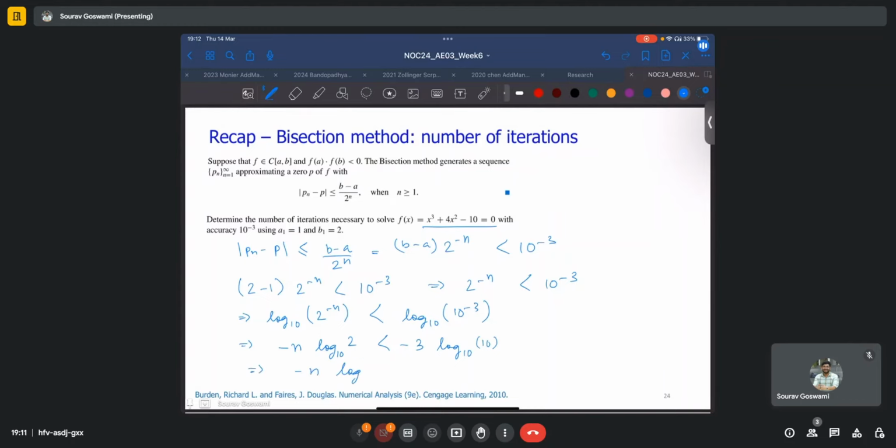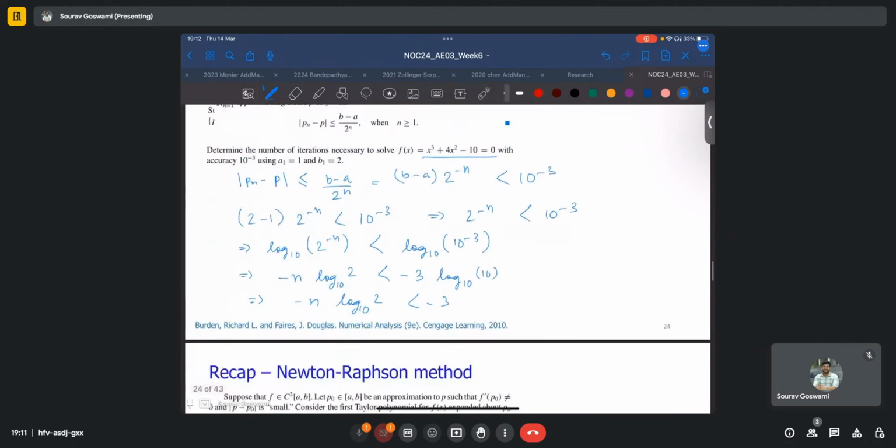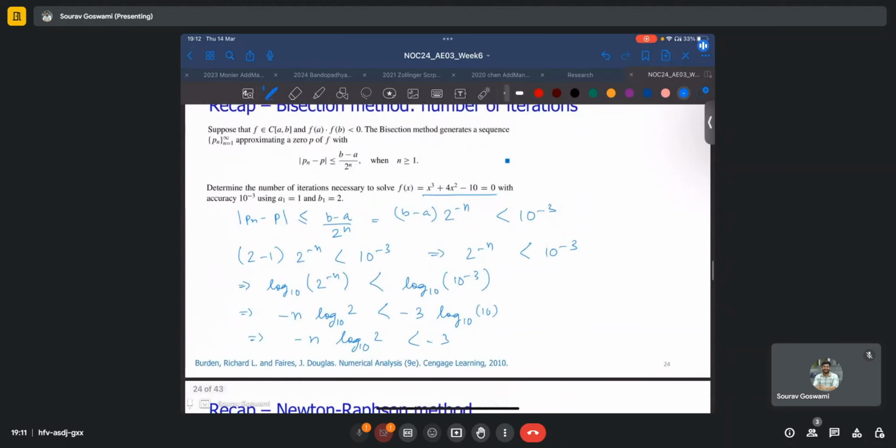Minus n log base 10 of 2 is less than minus 3. If I run out of space, I'll just continue on the right hand side here. Since we are multiplying both sides by a negative sign, the inequality will flip. n log base 10 of 2 is greater than 3, which implies that n is greater than 3 by log base 10 of 2,